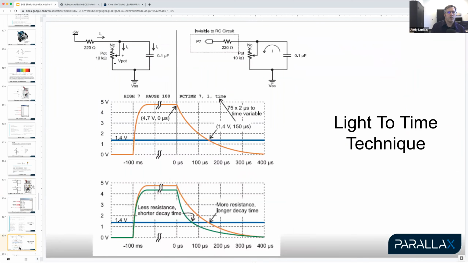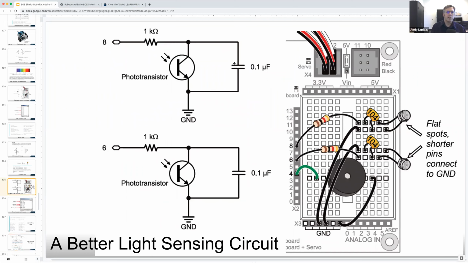basically, let me jump ahead here. I think I'll just use this. The way it works is that the sketch will set P8 here high. And what will happen is that this capacitor, which is like a very small battery, will charge up. Then when the sketch sets P8 to input, there's nowhere for any current to go and no current charging this